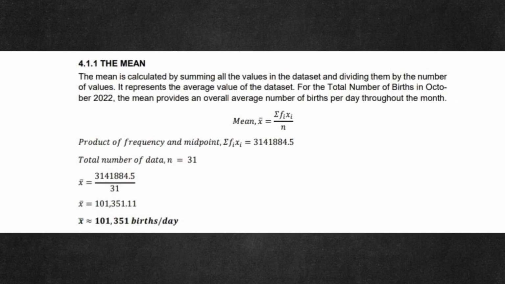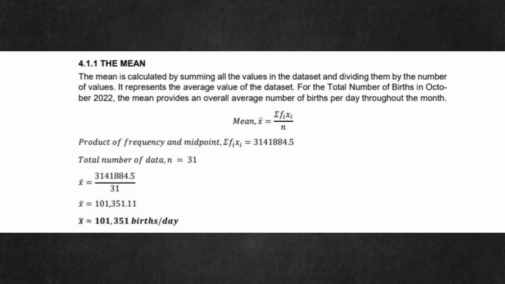For 4.1.1, the mean. The mean is calculated by summing all the values in the dataset and dividing them by the number of values. It represents the average value of the dataset. For the total number of births in October 2022, the mean provides an overall average number of births per day throughout the month. The formula of the mean is the sum of the product of frequency and midpoint, divided by the